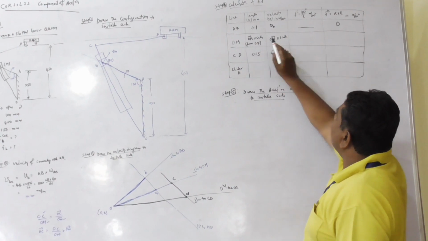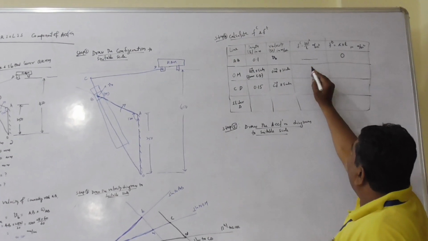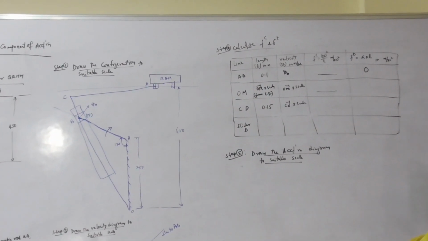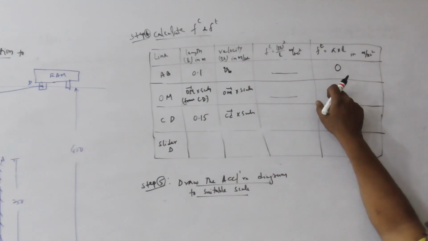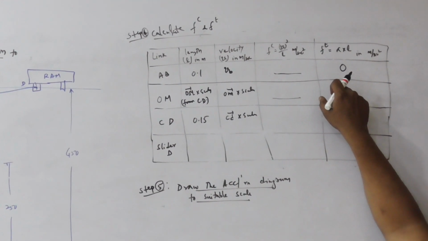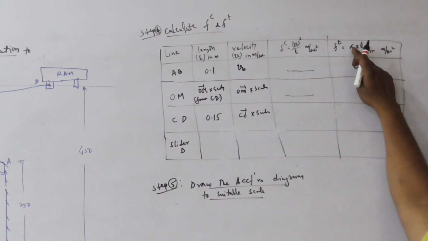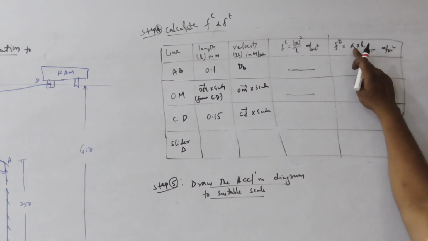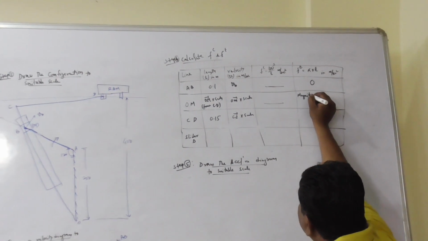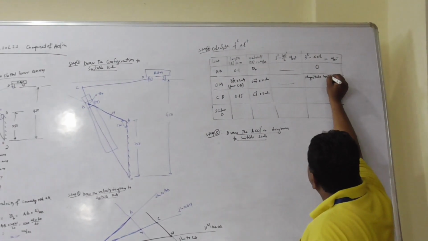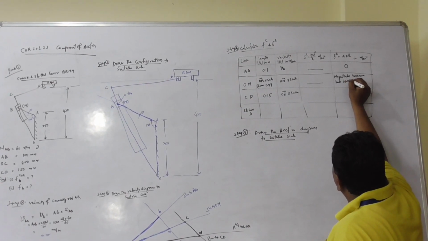Similarly, for link OM, velocity is known, length is known, use this formula, calculate the centripetal component. But the tangential component of OM is not 0. He has not specified that OM oscillates with uniform speed. No. Therefore, there exists an angular acceleration of the slotted lever. That magnitude is unknown. Therefore, write it as magnitude unknown, but direction perpendicular to